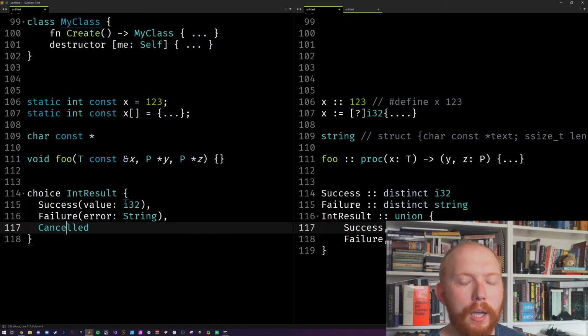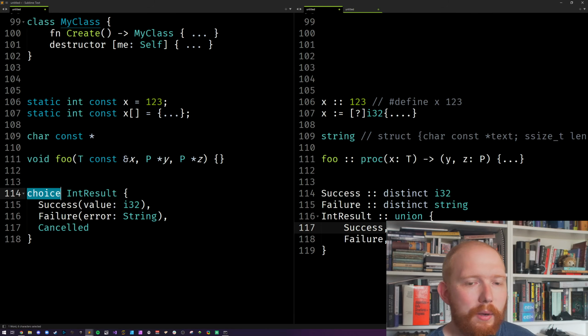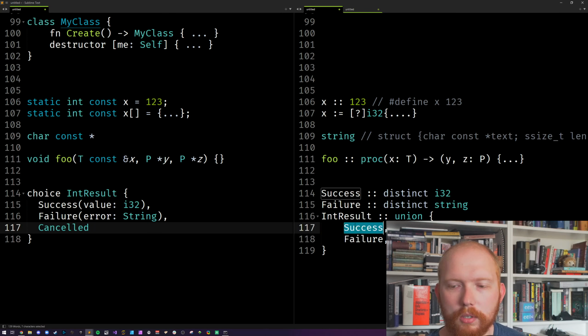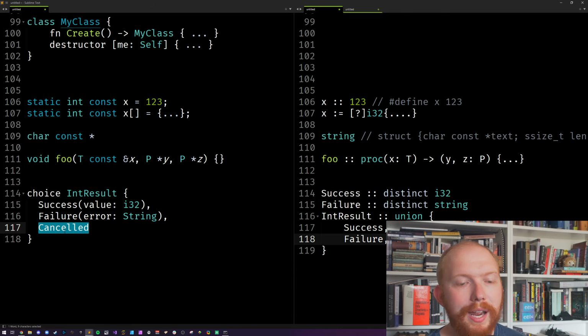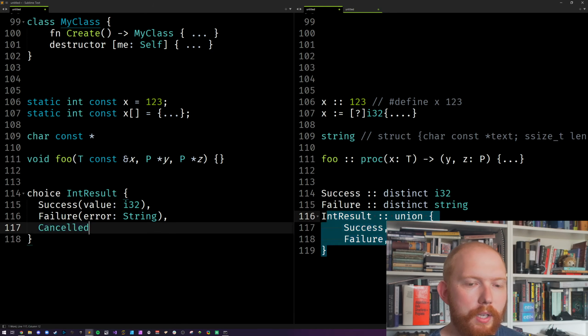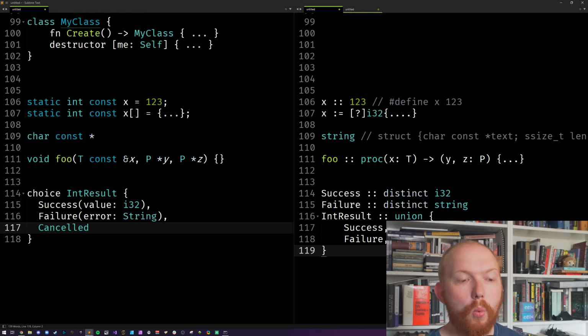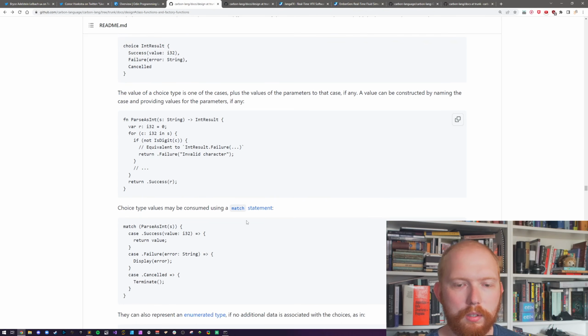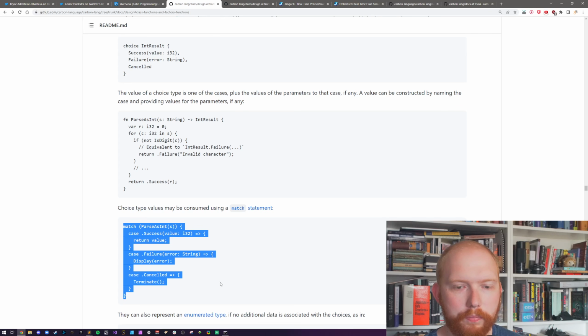So this is very ML-like. Interesting they called it choice. Don't really care why, but yeah. But notice they're having to do all the fields separately here in this, while in Odin, they're just like, no. Notice I also didn't write cancelled, because in Odin, I would keep this as the nil value. Because the default nil value in this case would be cancelled. There is no success to it, nothing like that. The other benefit that they have in here, let's do this.